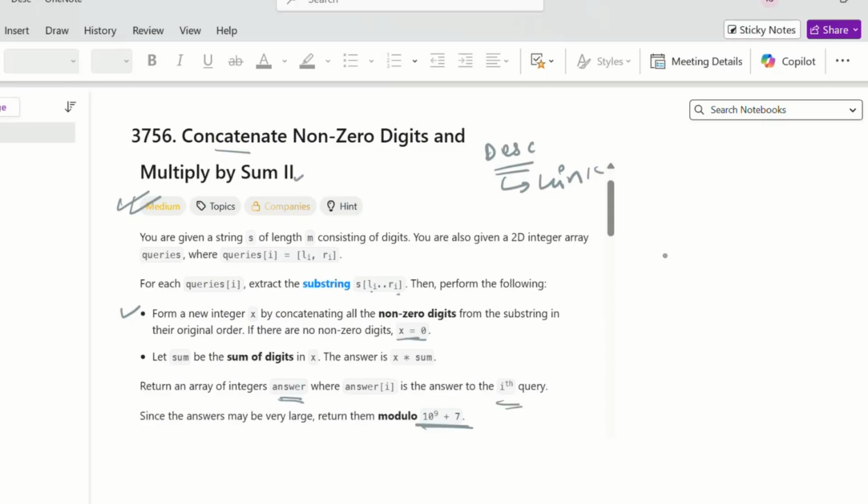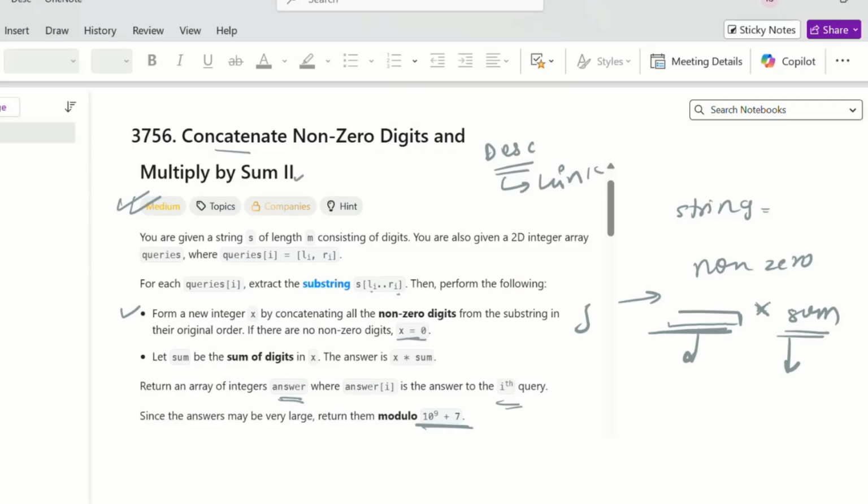Since the answer may be very large, we need to take the modulo of that answer. In yesterday's question, it was easy. We were given one string, and we needed to extract all the non-zero digits, then multiply that integer by the sum integer, which is the sum of all the digits of that integer.